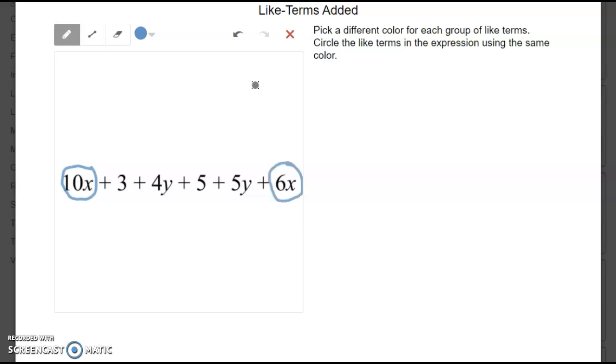Okay? Alright, but I actually made a mistake here. Okay, so I don't want to just color the 6x. I want to color both the 6x and the operation right before, because whatever that operation is, the plus or minus sign belongs to the